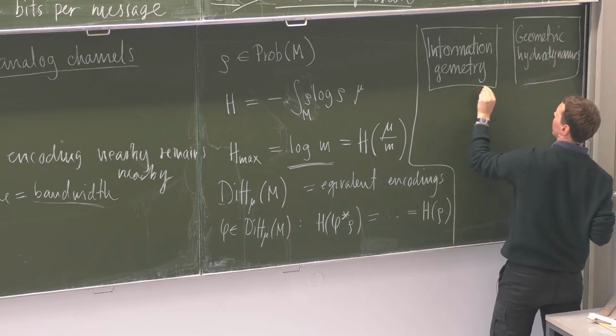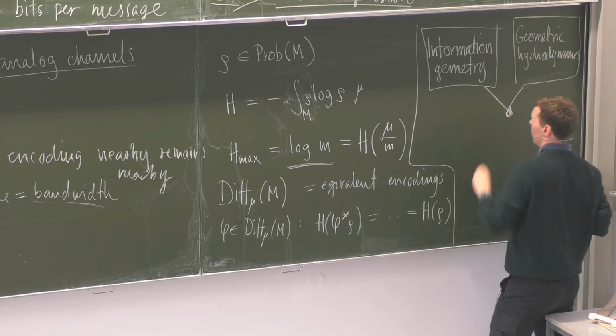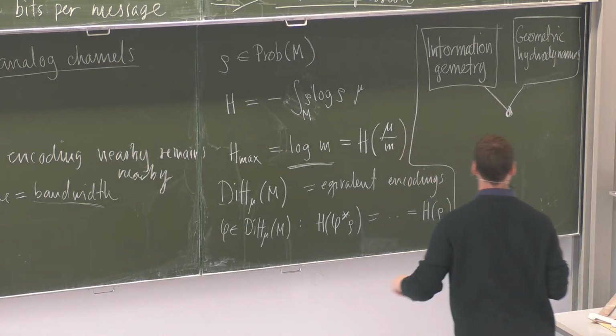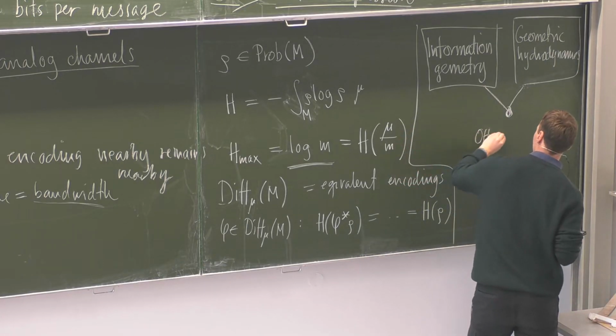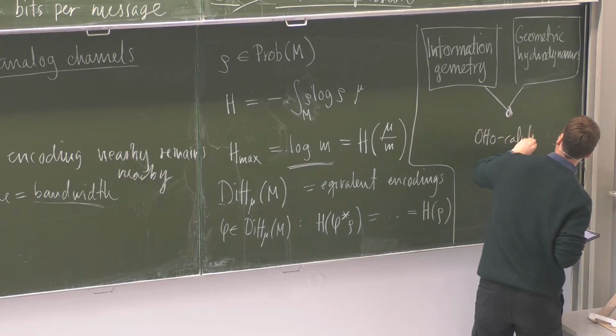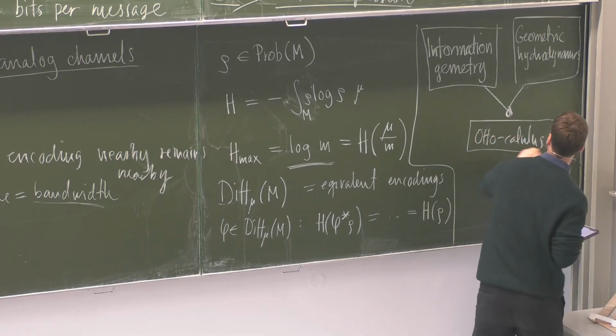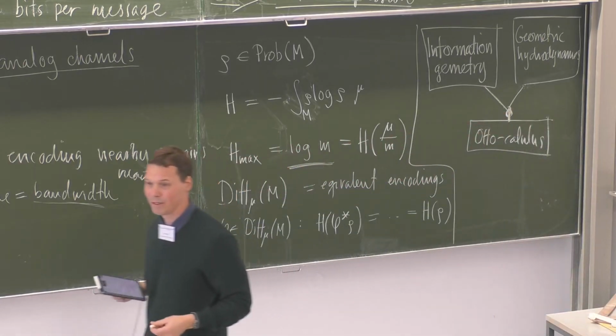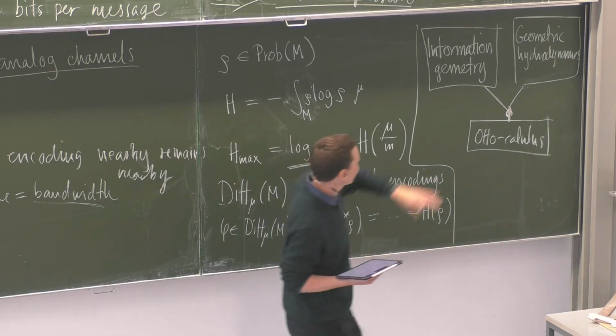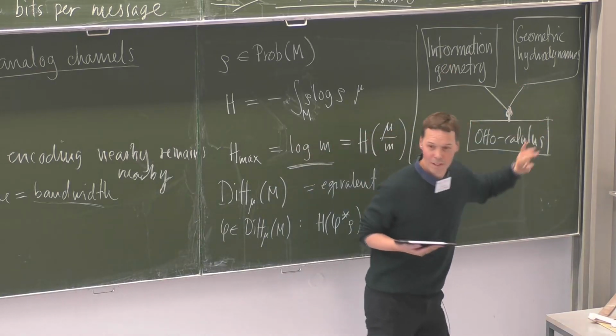And then the last field that is also connected here is what sometimes is called autocalculus. You can think of that as Riemannian geometry of optimal transport. And these three fields interact in a very beautiful way, and that will be